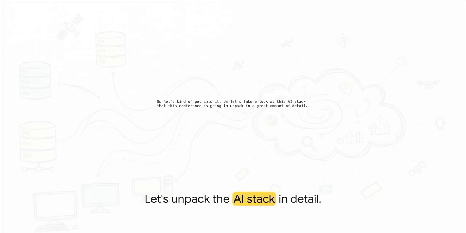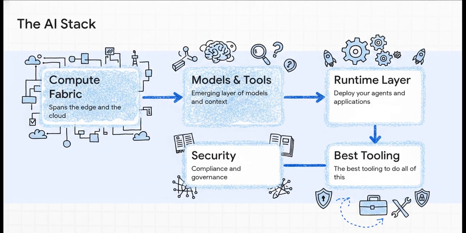Okay, so to start compounding that value, let's take a look at this AI stack. We need to methodically unpack its structural framework. Think of it like inspecting a blueprint before you start pouring concrete and framing a house. You literally can't build a stable, valuable structure if you don't fully understand the foundation and the layers resting on top of it. So here is the architecture broken down into 5 simple steps. 1. Compute fabric. 2. Models, context, and tools. 3. Runtime. 4. Tooling. And 5. Security and governance. Understanding how these 5 pieces fit together, that is absolutely non-negotiable for anyone looking to build serious